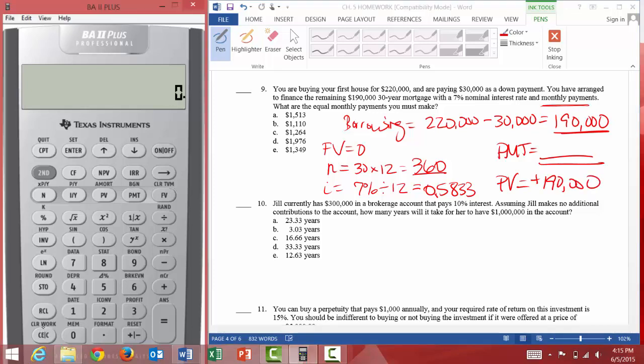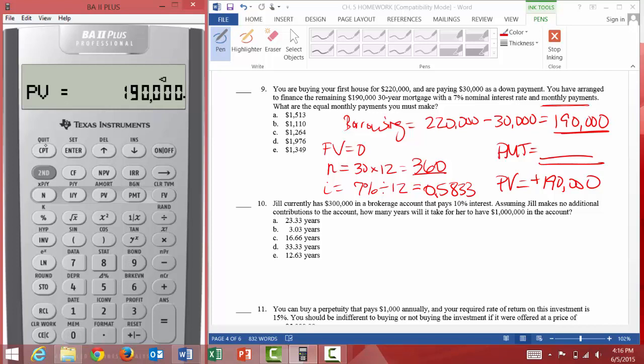Okay, so now I can go in and put 0 in for future value, 360 for N, and 0.5833 as I. You just enter it in as a decimal if that's what you get when you divide it. And then 190,000